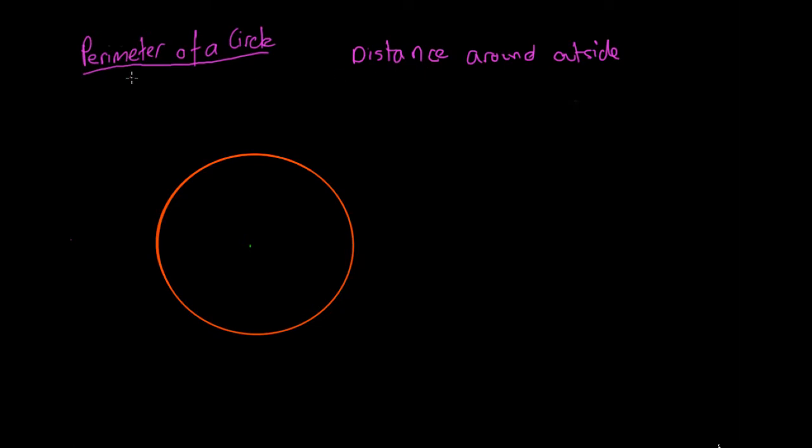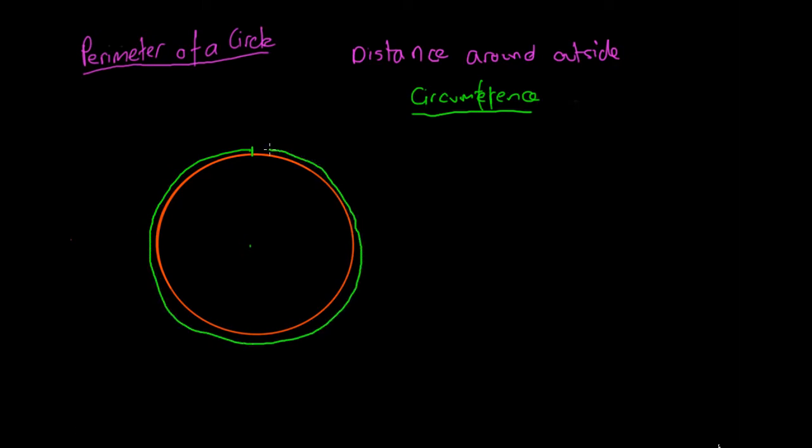In a circle we have a special word for this, and we call it the circumference. We call this length, or the distance around the circle, the perimeter; in a circle we call it the circumference. That basically says if we started here and walked all the way around this circle and just kept walking until we got back to where we started, how far would we have walked